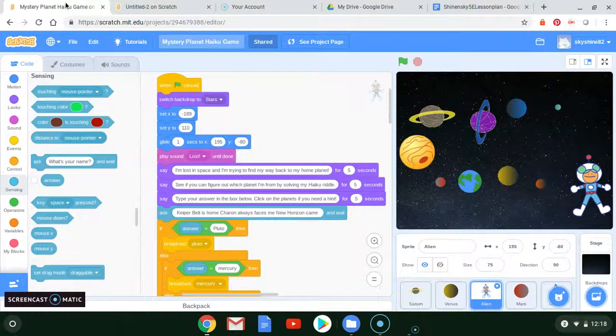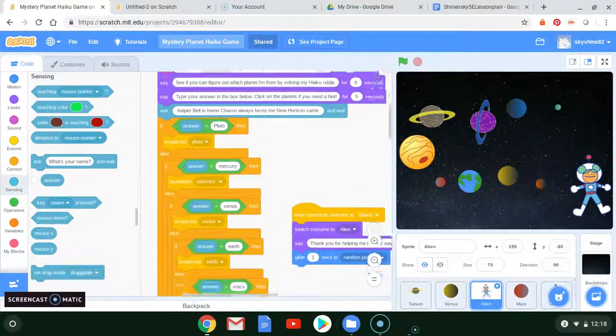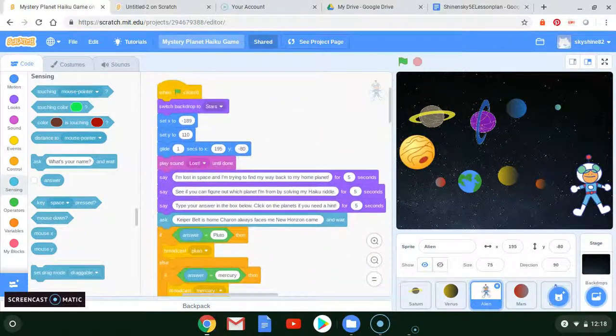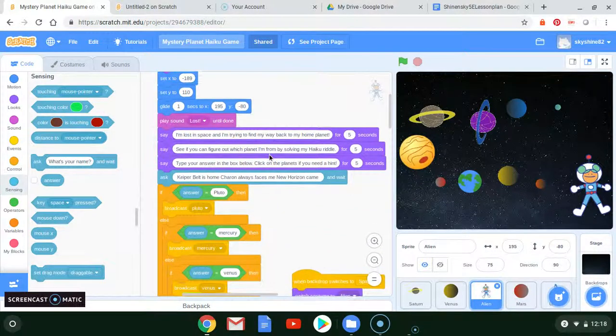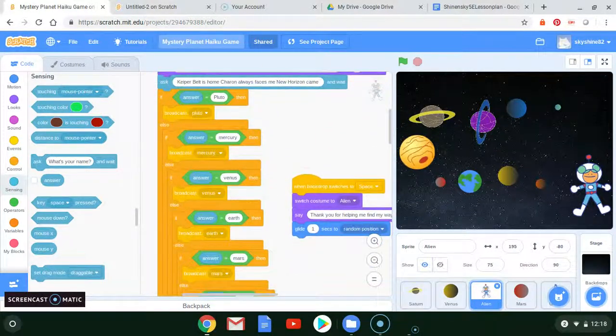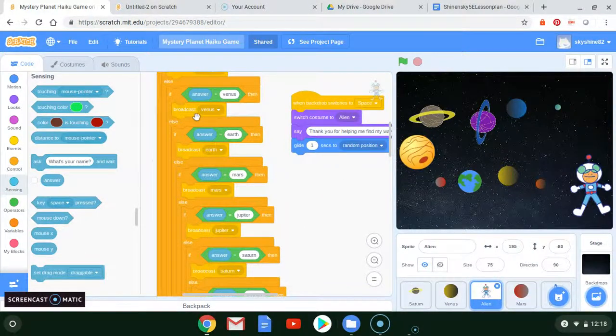And in the actual game, we'll talk about how to get it to cycle back when we get the wrong answer in another video, and how to get each of the different planets to respond to the answer using broadcast and receive, which we'll do in